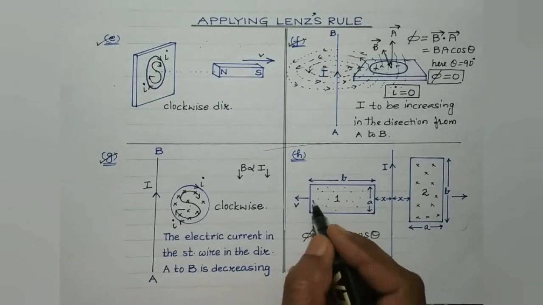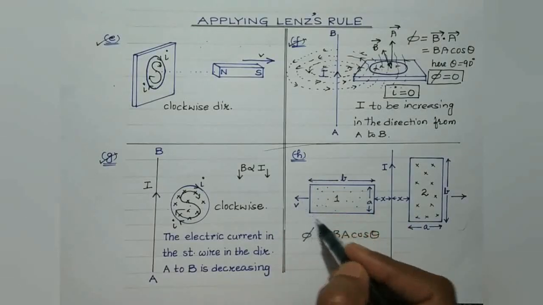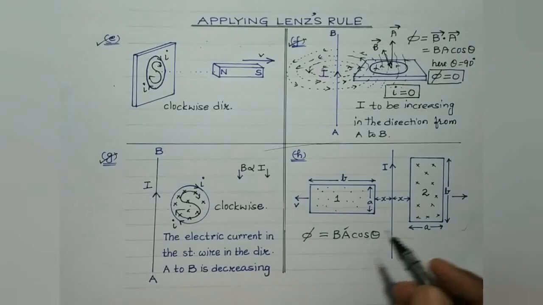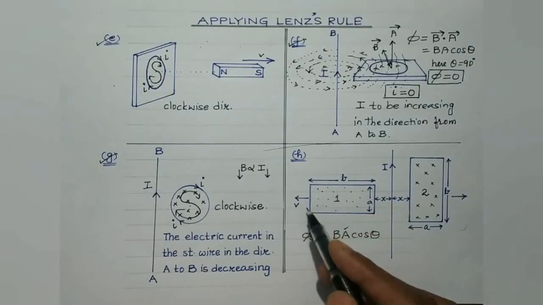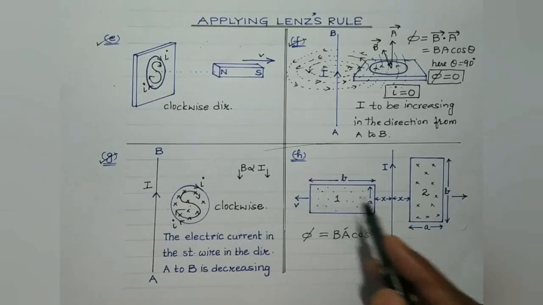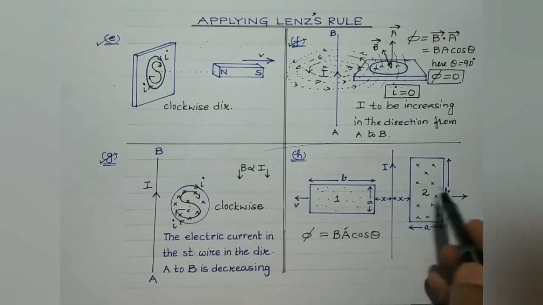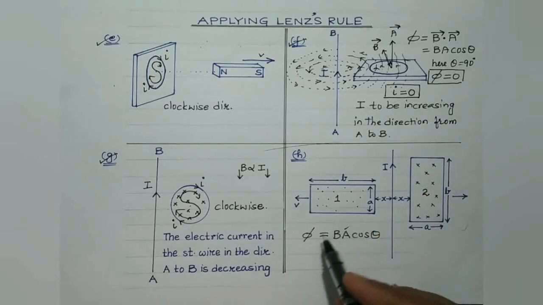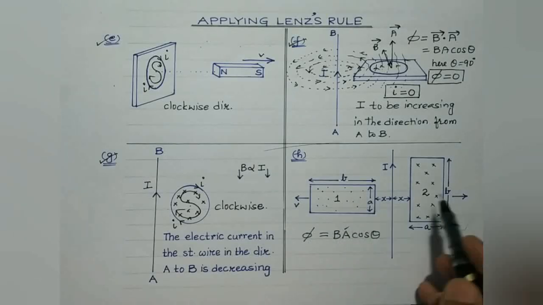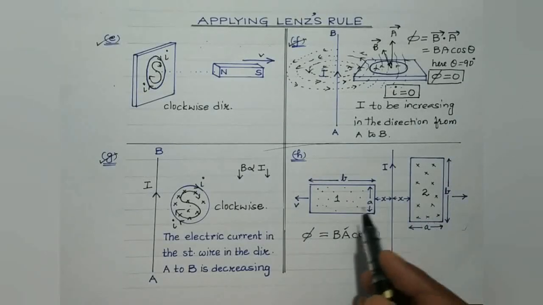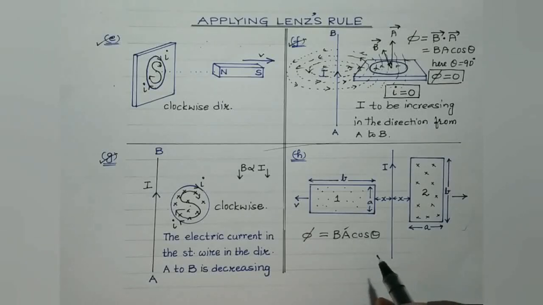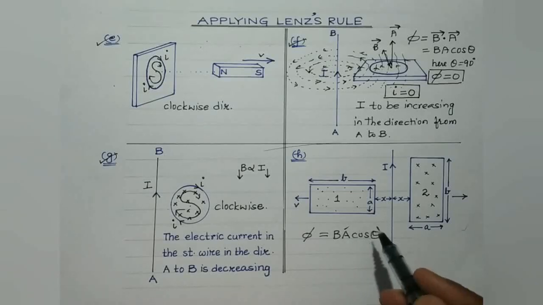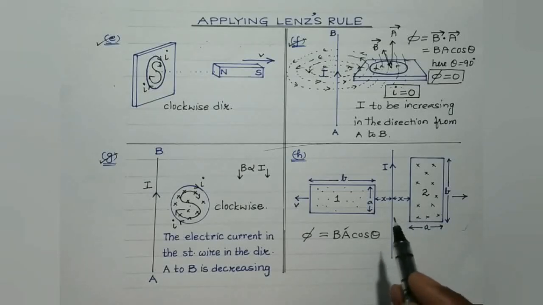So basically, as it is moved away, the effective area under the influence of the magnetic field obviously will get changed, and accordingly, due to the change in the magnetic flux, induced current will get produced over here. So in both the cases, when both the coils which are identical are moved away from the straight current carrying conductor, then due to the change in the magnetic flux linked with these two coils, the induced current will get produced. Now, according to Lenz's law, the direction of the current through a loop will be such that the change in the magnetic flux through the coils is opposed.